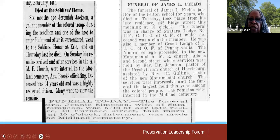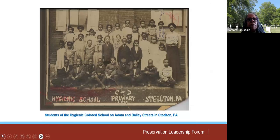Now that the cemetery is cleaned up, this is where I'm trying to get the rest of it, and trying to encourage all the other stewards around the country to make sure that we are restoring and preserving the cemeteries. This is where we also pull in the schools and get them to talk about the history, American history, not necessarily Black history, American history. Here I have